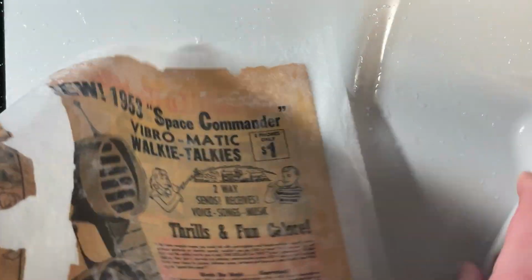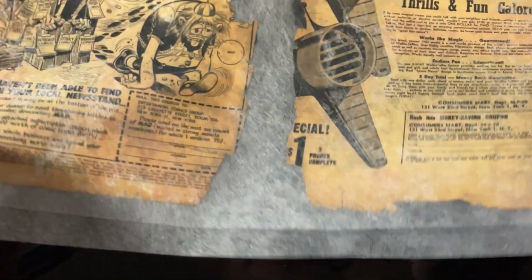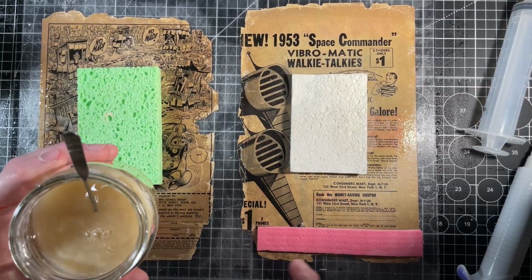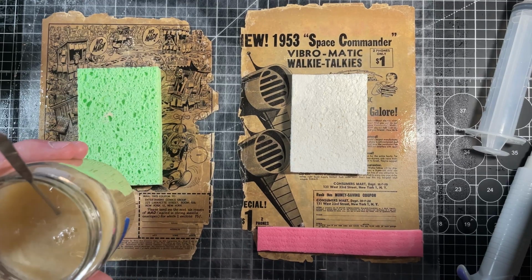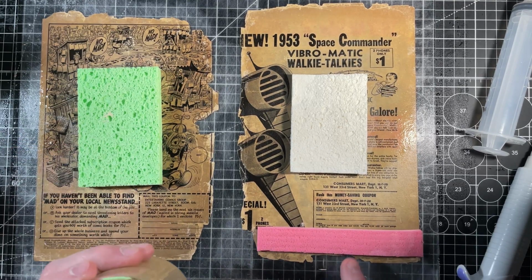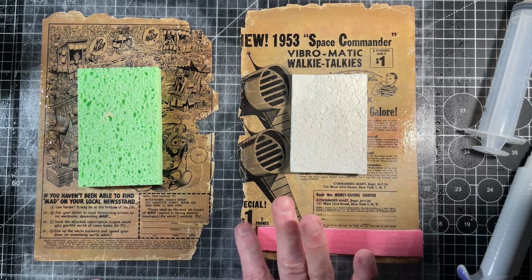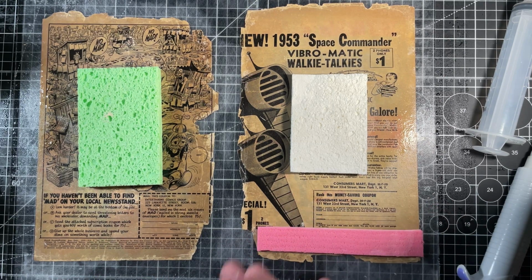We're ready to go. I'm going to take this over actually. Take it out. No need for it anymore. So I'm giving this a good stir before we start. And I'm going to start right down here first, right in this area. Got rid of some tengujo tissue I had, but I think we'll be okay without it. And I'm going to start down here,